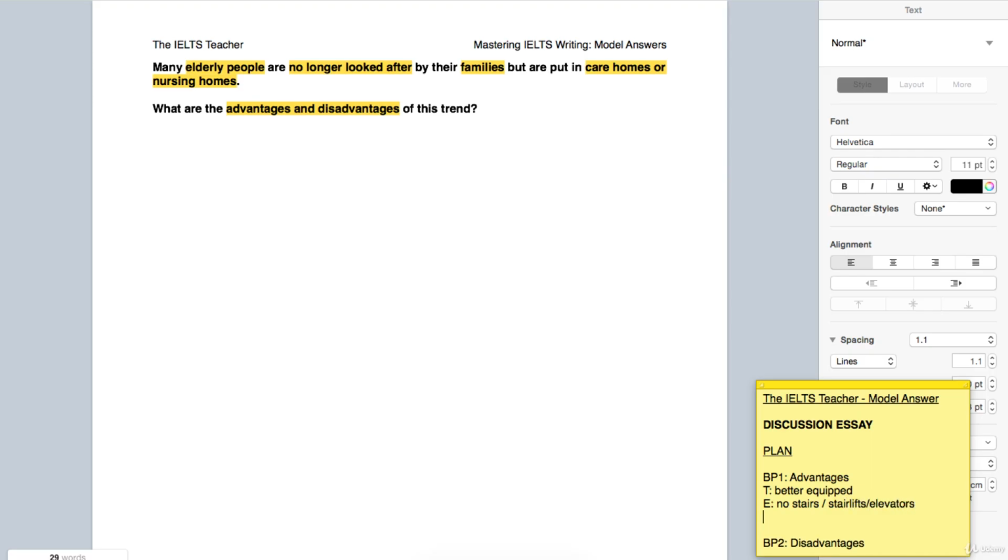So there's our example. Now, what's the result of this? Why is this a good thing? Well, you can either look at this as a support sentence or result, however you want to title it. You say "as a result", or "this means that". So this means that the type of problems that old people tend to have, particularly with regard to their mobility, they are accommodated for. Let's say something like that.